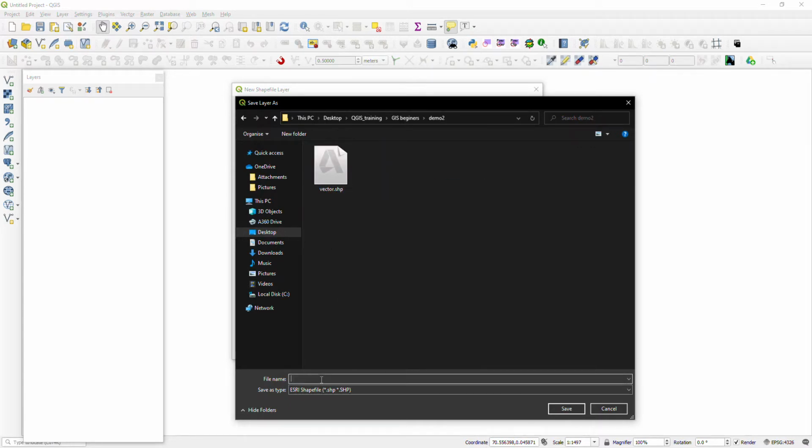I am just keeping the shapefile name as building.